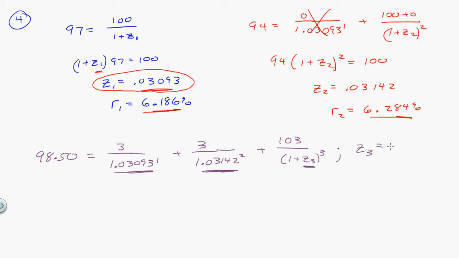And I do that. Z3 is equal to 0.03548, so that means the year and a half spot rate, I don't say is 3.548%, I say it is equal to 7.097%. Alright, so